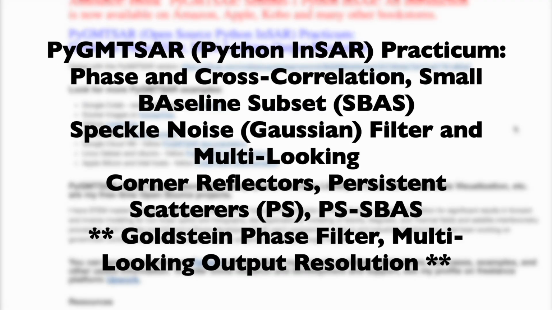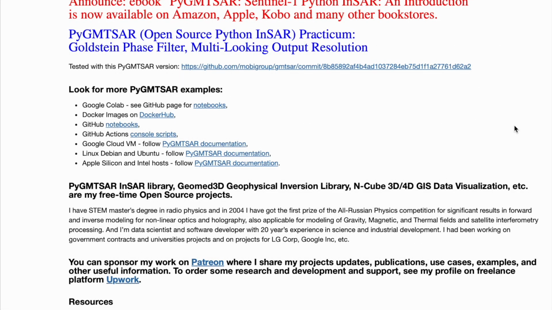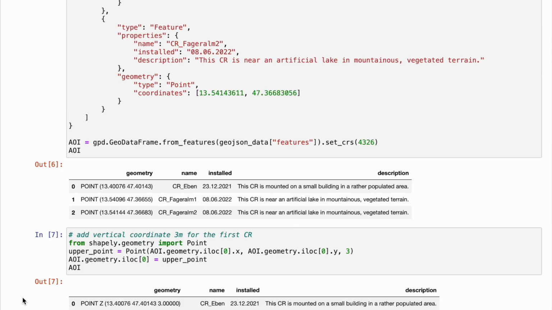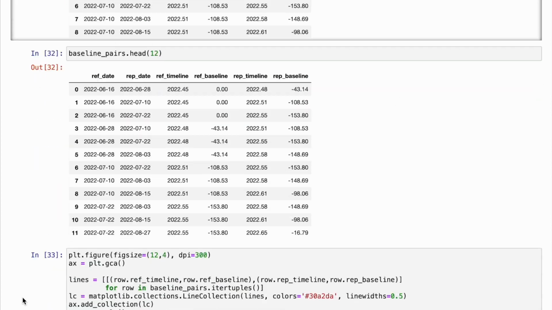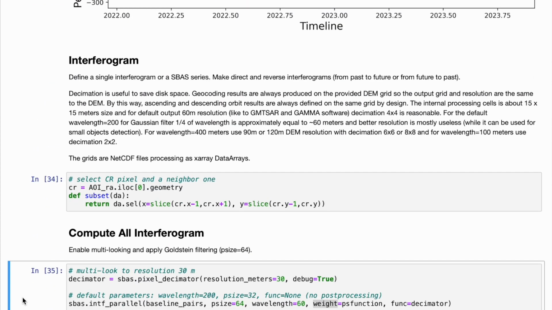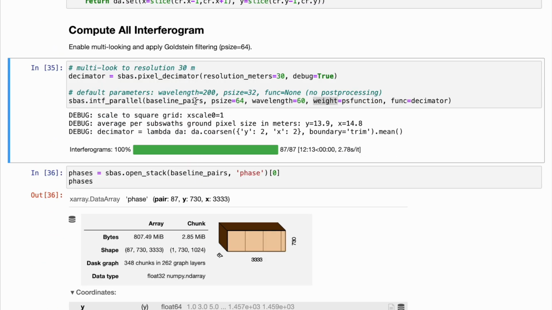Today we will discuss Goldstein phase filter and multi-looking output resolution. The notebook is very similar to the previous ones, with the only difference in the interferograms calculation. We use the new parameter p size, patch size, equal to 64 pixels, when the default value is 32